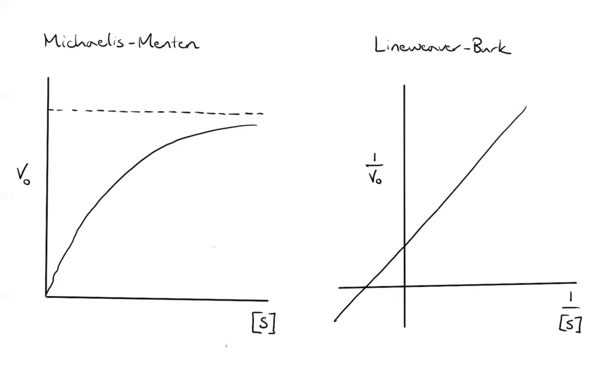The first thing I want to look at are the two types of classic kinetic graphs that we often look at when we're trying to quantify enzyme function. The first thing I want to be able to do is identify some key features on these graphs, because these are the things that are going to dictate how the graphs will change when we take a look at different types of inhibitors. So for our Michaelis-Menten relationship,